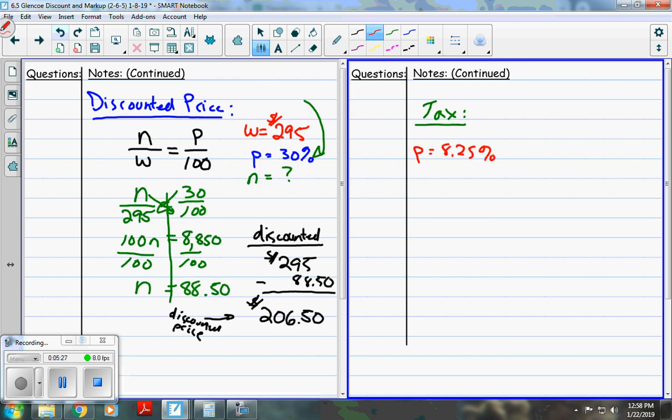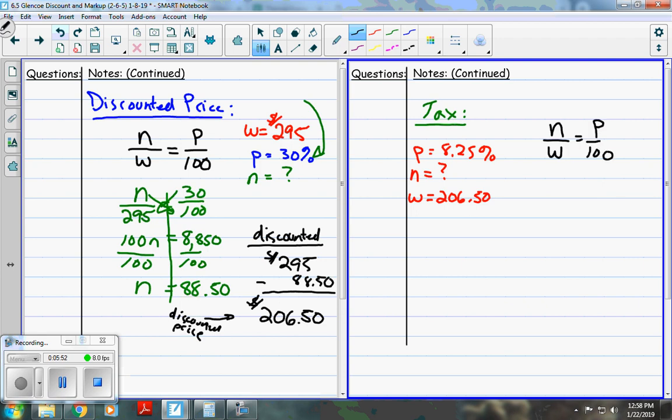Do we know the part in this problem? The tax money amount part? No, we don't. And what is the whole cost of our item for the discounted price? So we did the discount first because that's what we know we now have with our coupon, and it was $206.50. So again, I'm going to model the percent proportion, and you should notice that every time I do it,